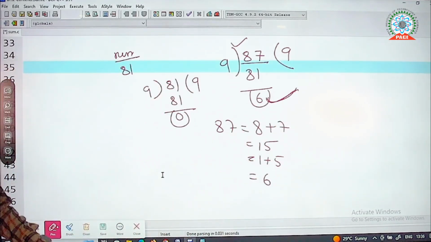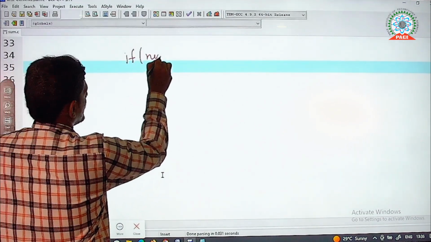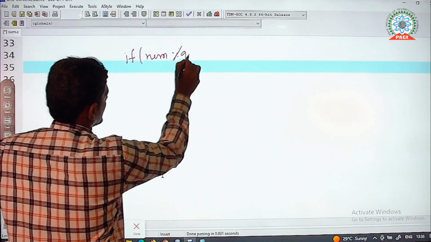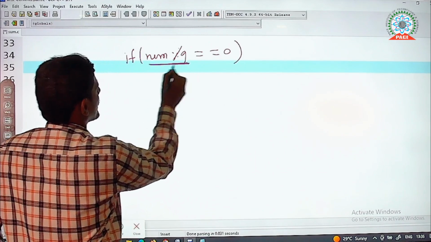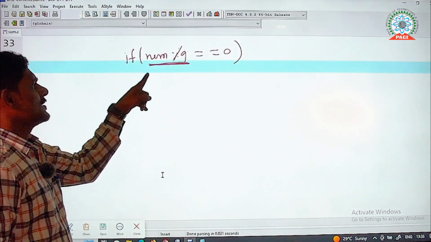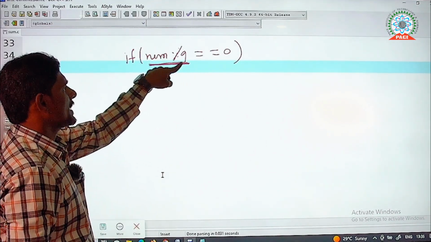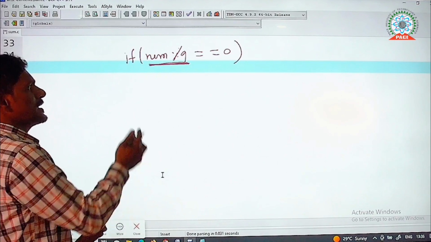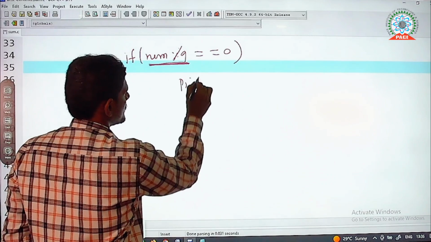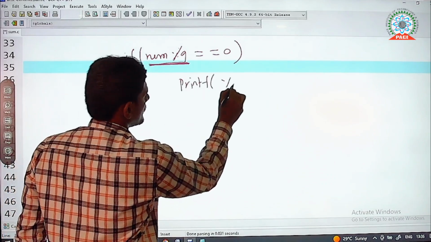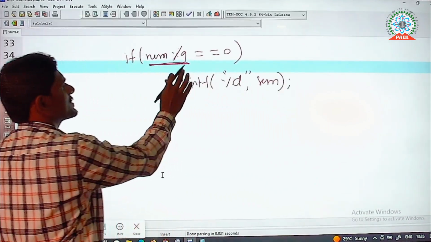So understanding? So what is my logic? Check if the number is divisible by 9 or not. Divisible by 9 or not means what? Whatever the value, whatever the remainder you collected here, check that the remainder is equal to 0, which means this number is divisible by 9 successfully. So whenever the number is divisible by 9 successfully, no question, you can print the sum on the screen, which is a single digit number. Just this test case only for